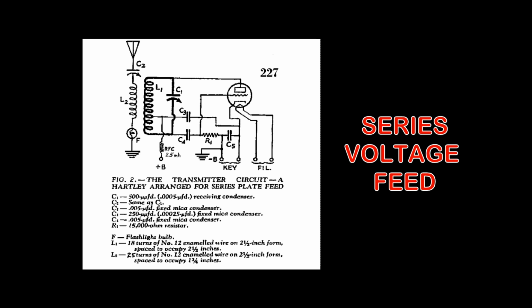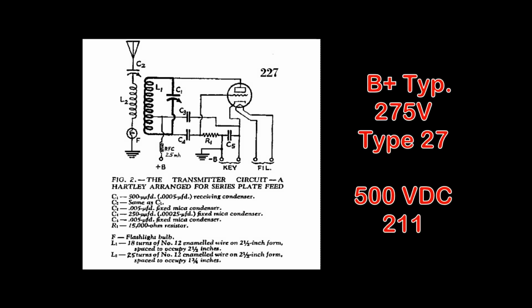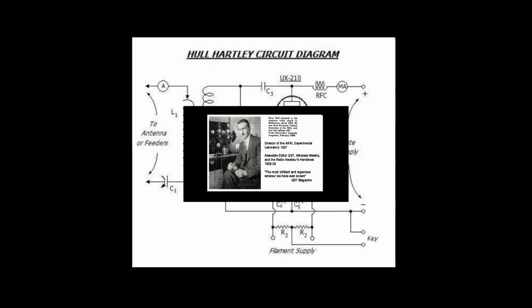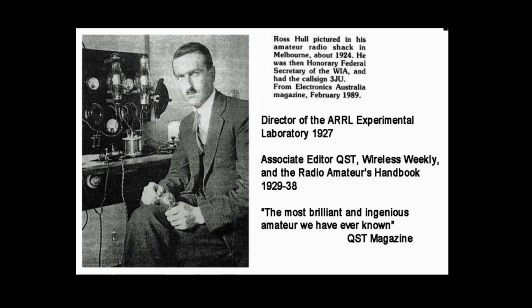But our Hartley has to generate large amounts of power, so the voltage on the main coil can be embarrassingly high, upwards of 200 to 500 volts DC. The modification of the circuit to shunt power feed removes this high voltage from the coil, thus making it less of a hazard to the operator. This shunt circuit was popularized for ham radio use in the 1920s by Ross Hull, an Australian and the first